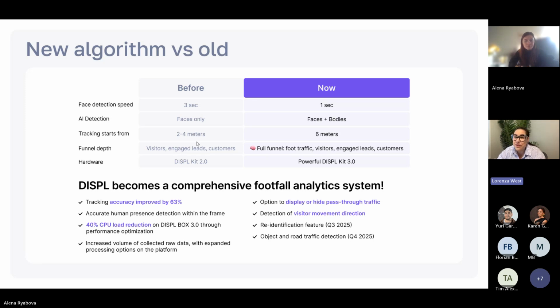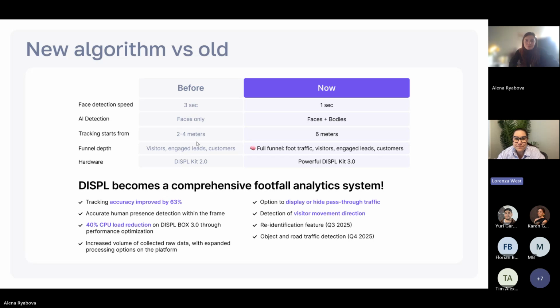The increase from 2 to 4 meters to 6 meters is also amazing. And like what Alana was just saying, our funnel just widens when we add this new algorithm. Of course, we're always doing our best to improve hardware. We're on our 3rd round of hardware, I believe with the Linux operating system. They seem like little things, 3 to 1 second, 4 meters to 6 meters, but actually it's